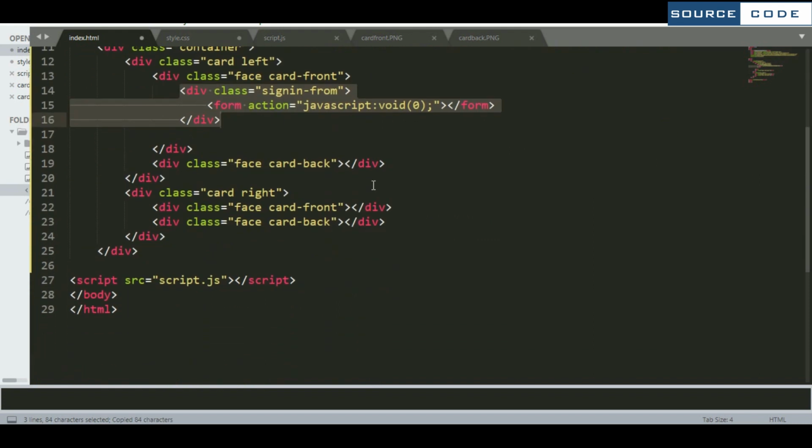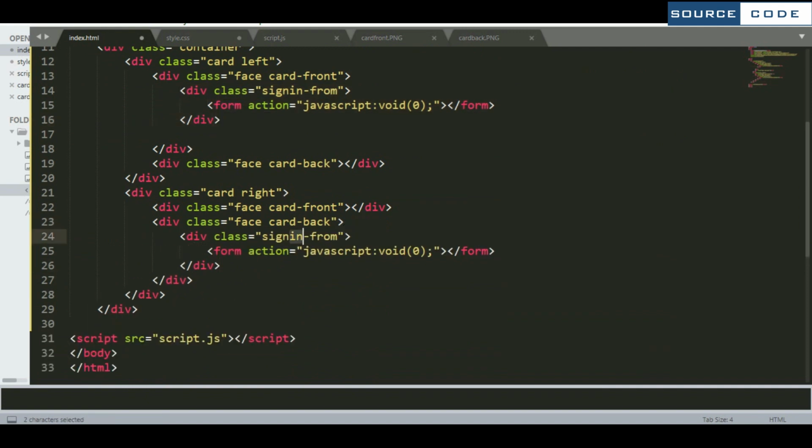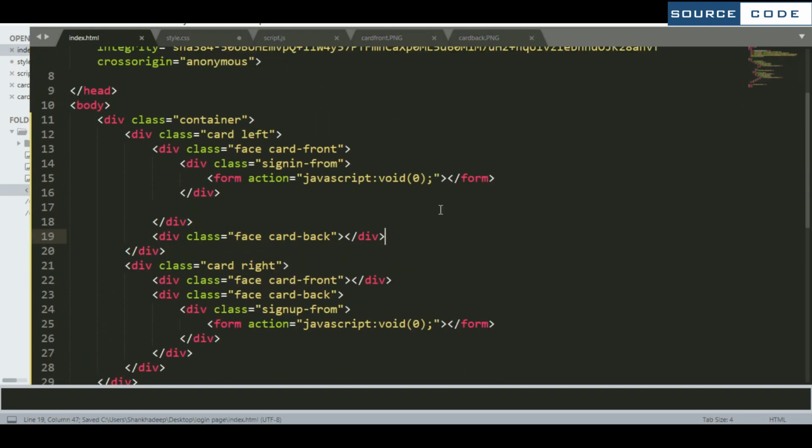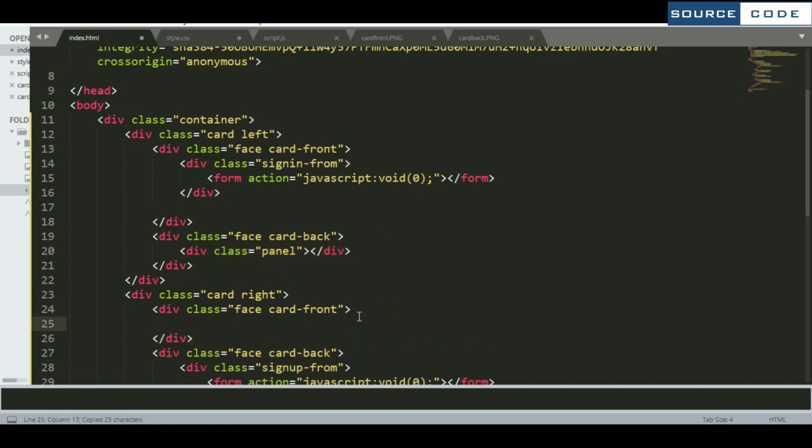So now coming to card right, in the face card back, paste it here. And this is going to be our sign up form. Now come up again. So in this one, make one div here with the name panel. Just copy this one and paste it in card front. So we are all set now.